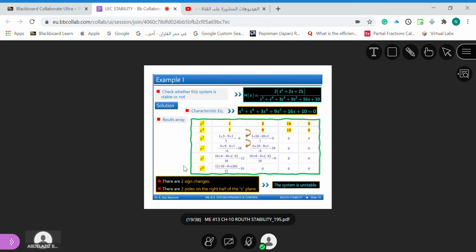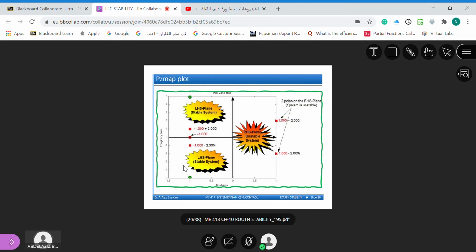Now, if we go to MATLAB and solve this equation with MATLAB, no, I did not solve it with MATLAB. Just if you solve this equation, you can call this one P, and then with MATLAB, you give the coefficients, and then say just roots of P, you will get these poles that are given to you in MATLAB: -1 plus 2i, -1 minus 2i, and then +1 plus 2i, and +1 minus 2i. So when we have these poles, especially these two, they have positive real parts,